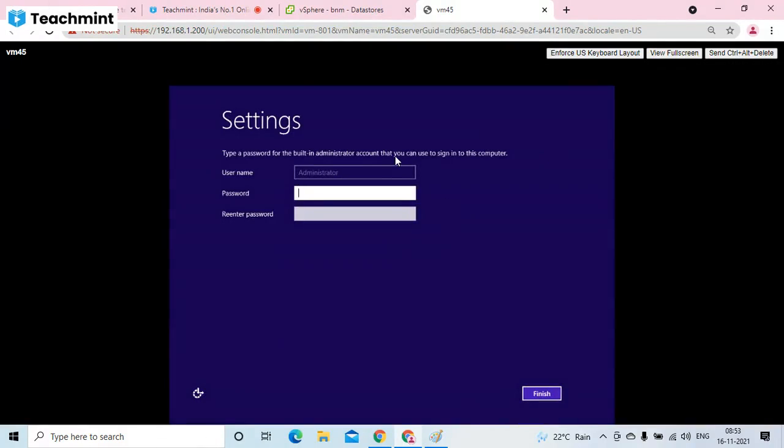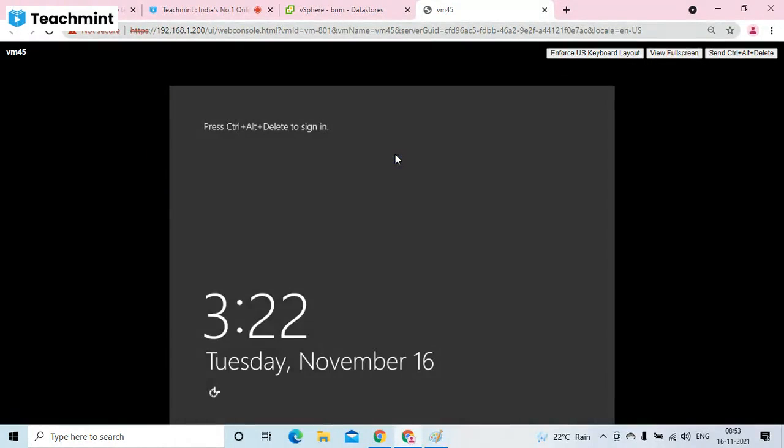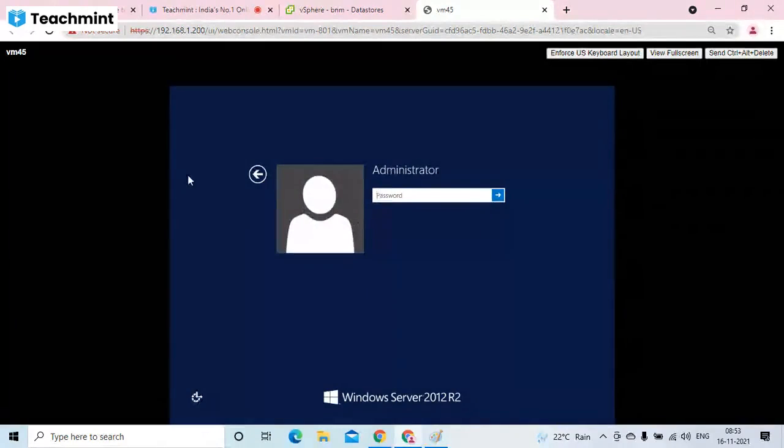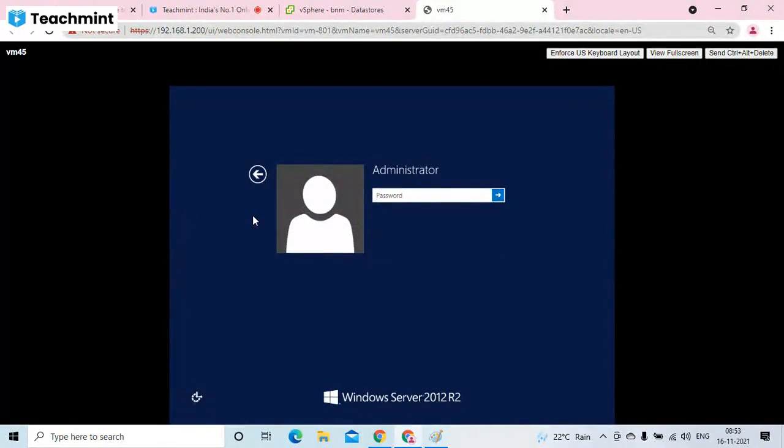So here we have to enter the password for this operating system. I'm entering our lab default password. Finish. Its installation is completed. Click on Control Alt Delete. So do not press Control Alt Delete on your laptop. When on the screen it shows press Control Alt Delete to proceed, do not press Control Alt Delete on your laptop.